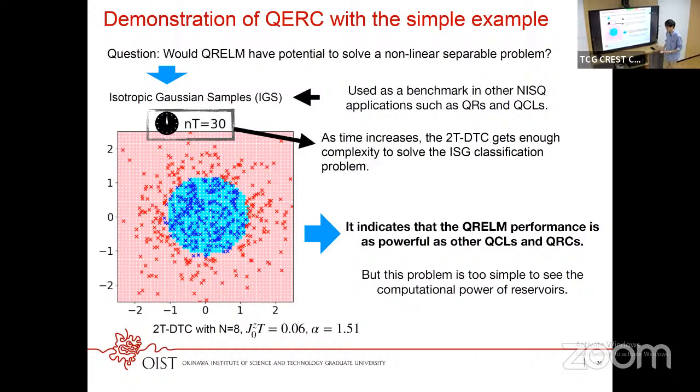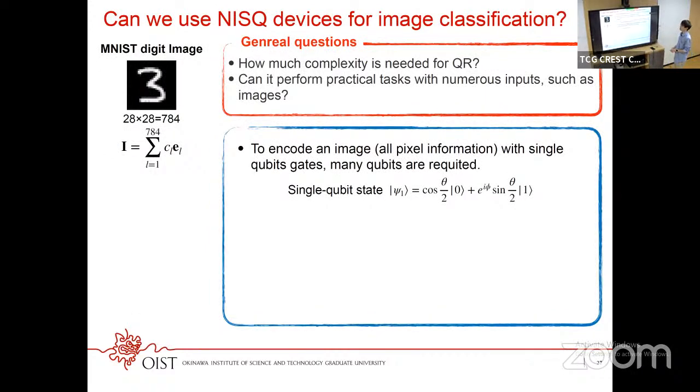because any quantum reservoir, any unitary reservoir, can solve this type of problem because it is very simple. So to understand how much complexity is needed for QRC, or whether it can perform classical tasks with numerical input such as images, to answer these questions we need to consider a more complex task. For example,